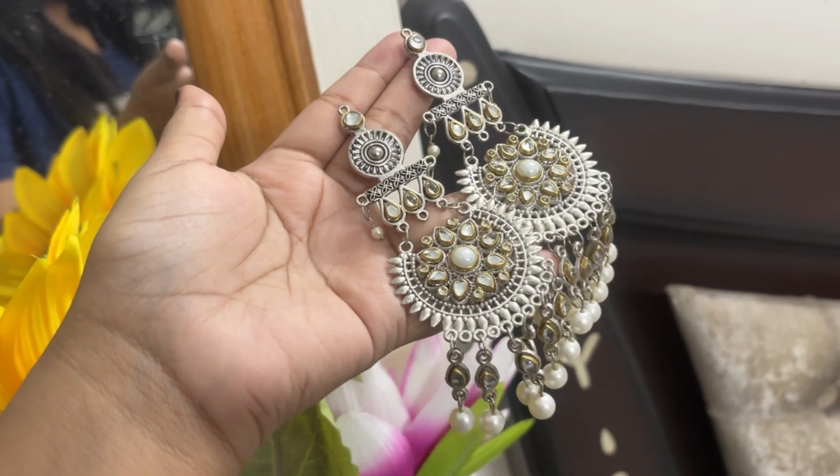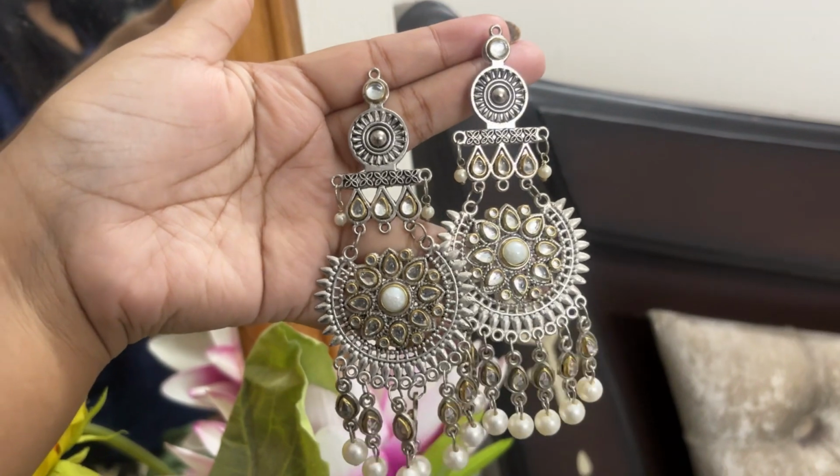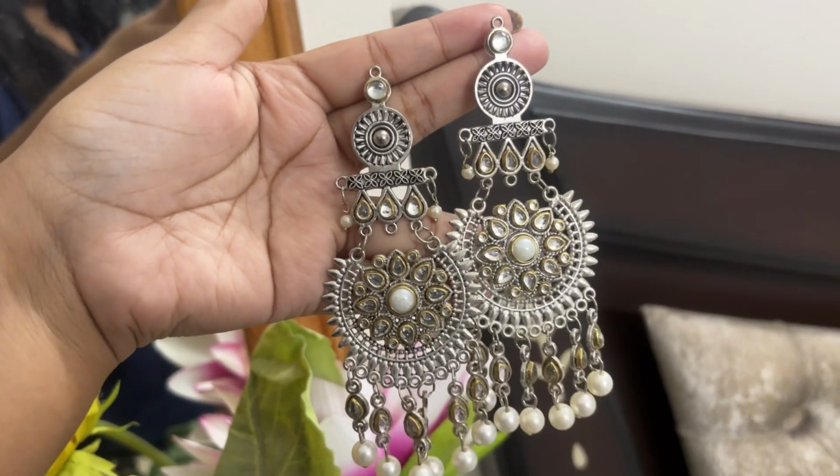Do you see this? So I wore it once and I guess easily 10 people or more than 10 people told me that wow this is so pretty, कहाँ से लिया? So if you see it very closely, I love the work on it. ये थोड़ा सा वैसे कमर पे जो लगाते हैं लहंगा वहंगा के साथ वैसे लग रहा है, बट बहुत ही सुंदर लगता है once you wear it, and थोड़ा सा heavy है but beauty is pain